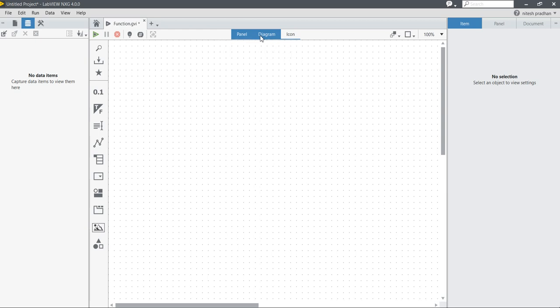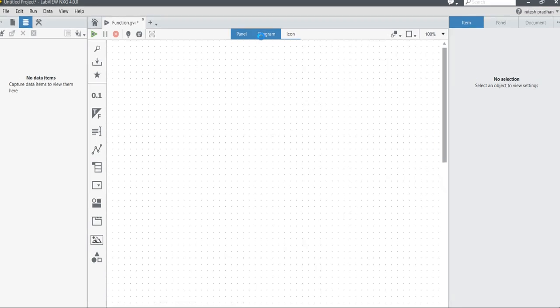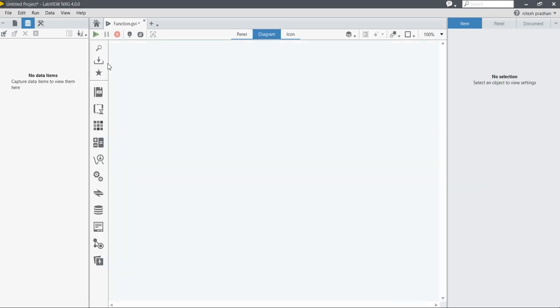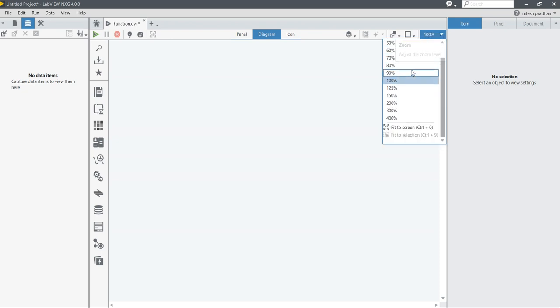Come into the block diagram. Okay, it's taking quite some time. I'm going to minimize these things.